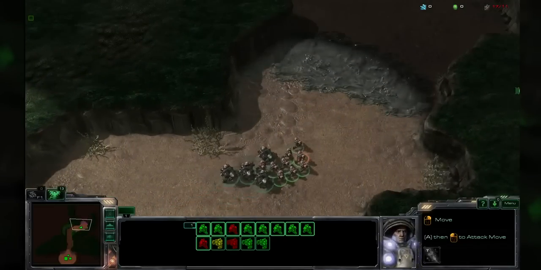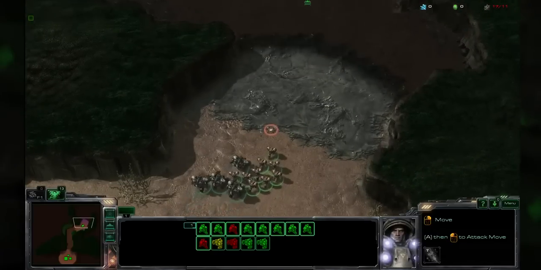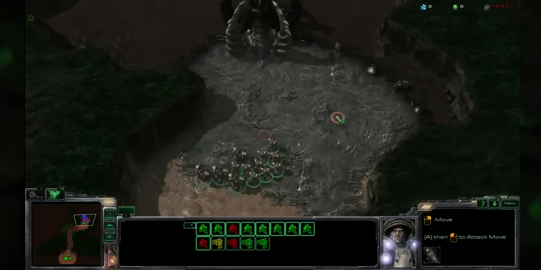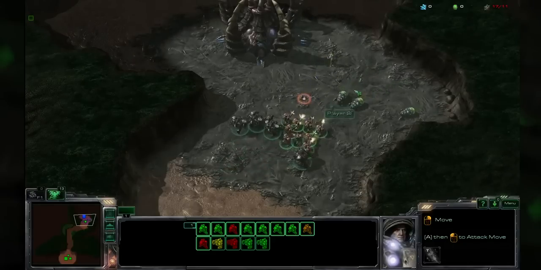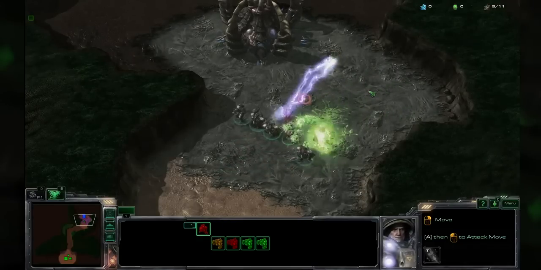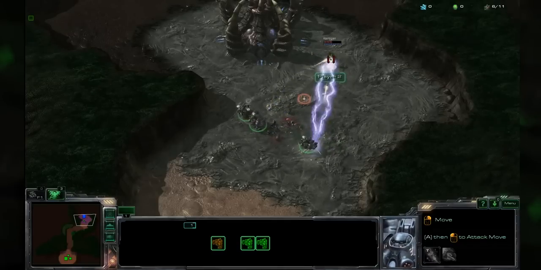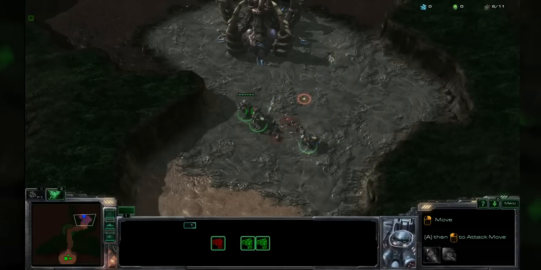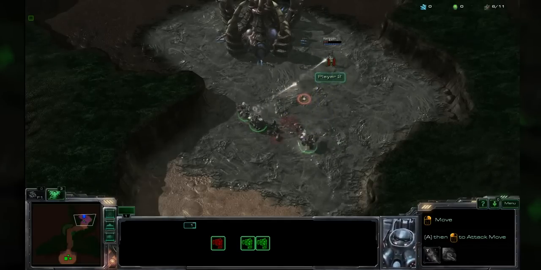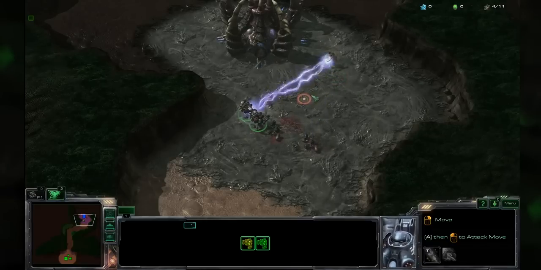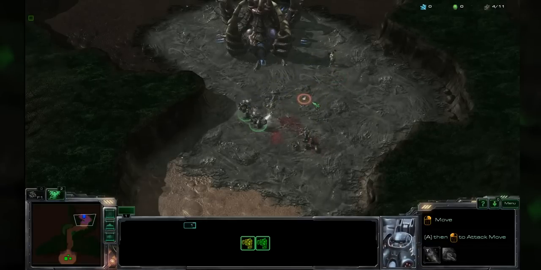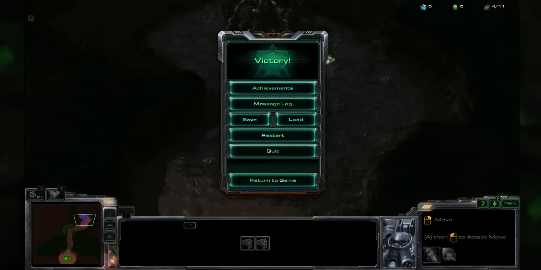Gangway. All right, as we approach the end of the canyon, you can see the creep. Go, go, go. There's the Zerg base, and there's the Banelings and Kerrigan. We actually seem to be winning pretty easily here. And there's victory. The player actually won a little bit too easy here,